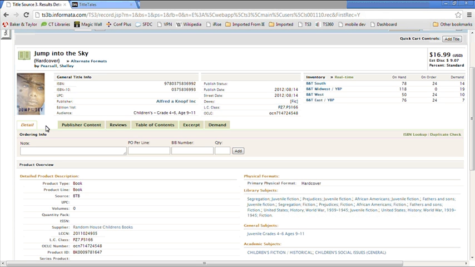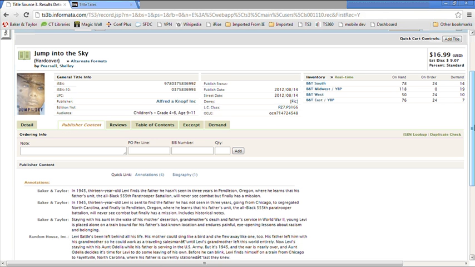Your sales consultant will be happy to get this tab turned on for you. It's completely free. So just talk to your sales consultant. Again, that's only for AV material. Obviously, this is a book, so that's why it's not showing up here right now. I can click on the publisher content link, and I'm going to see here